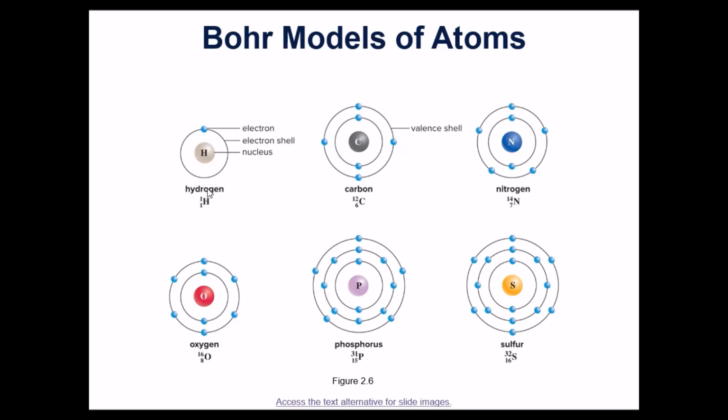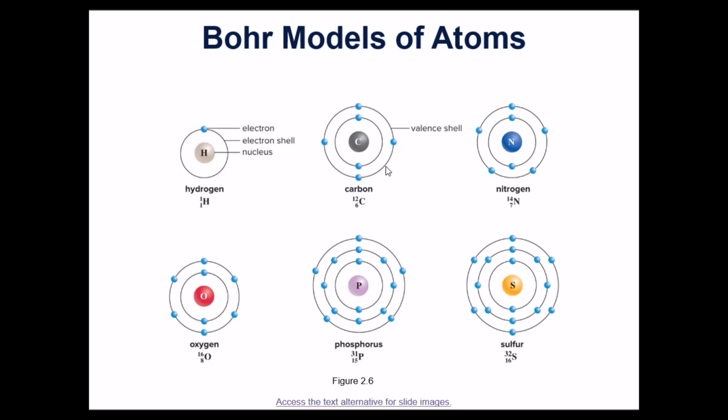Hydrogen is a little different because based on its symbol here, we know it has 1 proton, but notice that its mass is also 1. What that means is hydrogen doesn't have any neutrons in this stable form. And it does have 1 electron. Remember, in a neutral atom, the number of electrons is going to equal the number of protons. So 1 proton and 1 electron. According to the Bohr model, this is where the electron would be, out in an electron shell out here.